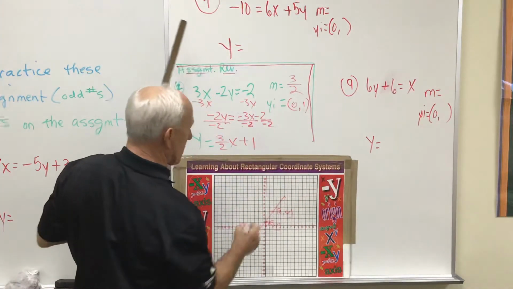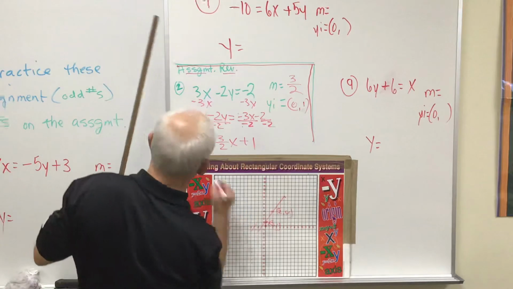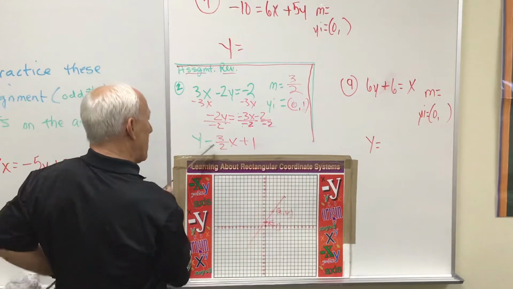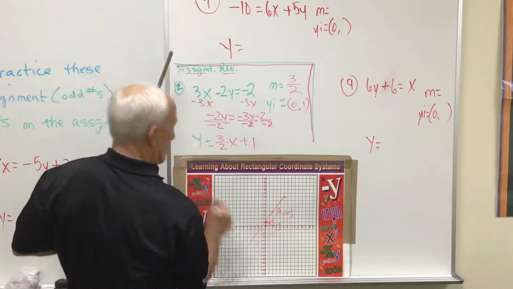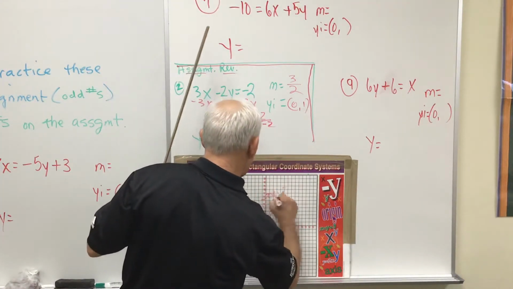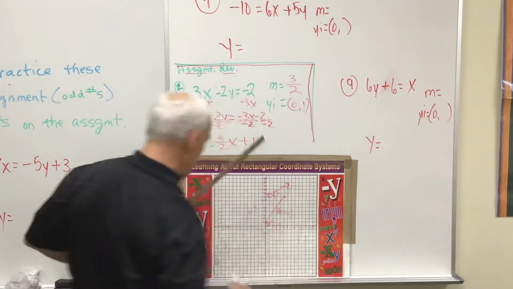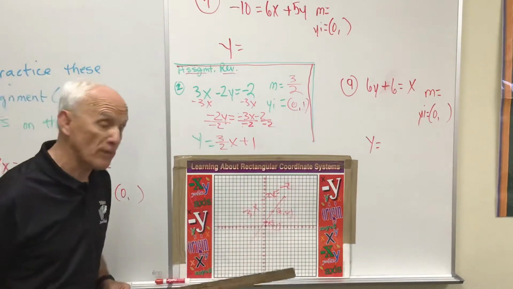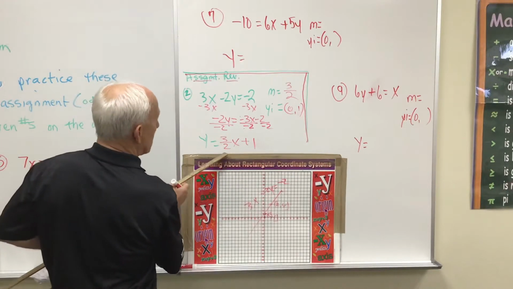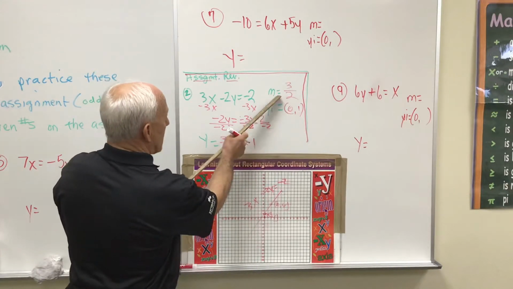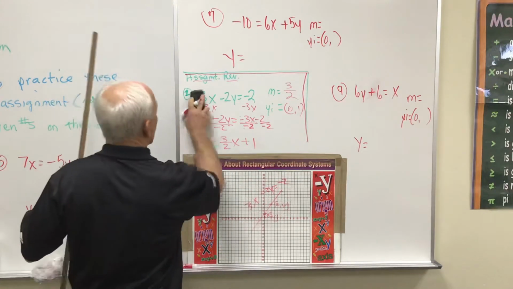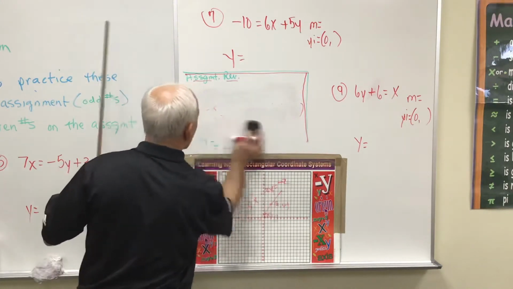And then the last thing we do is we take the original equation. The original equation is not that one, it's that. So I would put 3x minus 2y equals negative 2. So that's just a little sneak preview of today's, but your lesson should include this. Y equals, the slope is that, and the y-intercept is that. All right, with that in mind, let's go to number